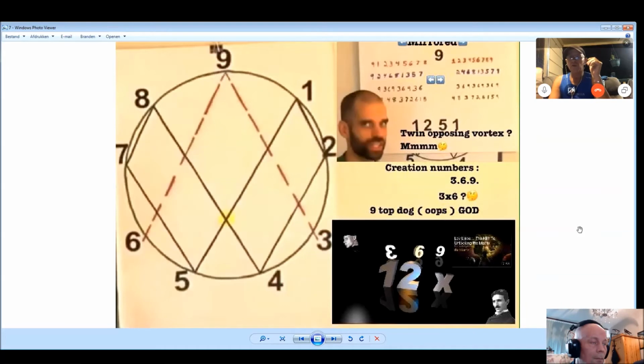Why? Because the 9 is the creator's number. It's complete. You can't go any further than 9. You go to 0 and you start again. You go to 10, but you go to 0 and you start again. So it's just a beautiful, beautiful thing that our home is in there. The suns are in there. It's basically the matrix, all in the simplest of mathematical